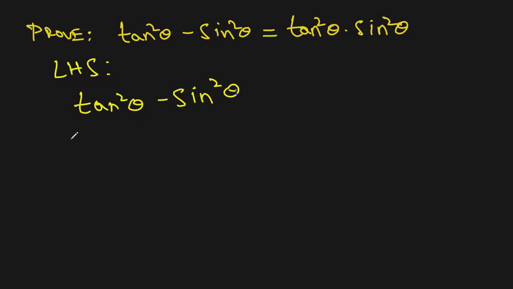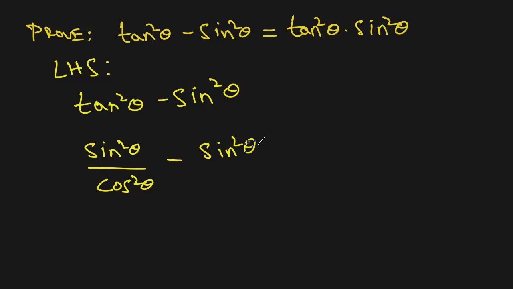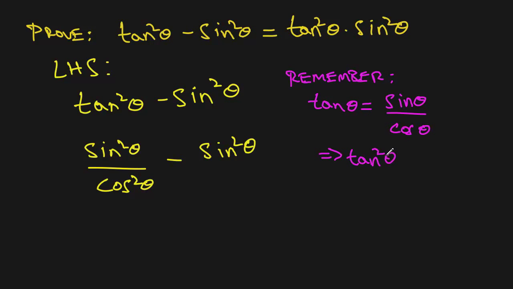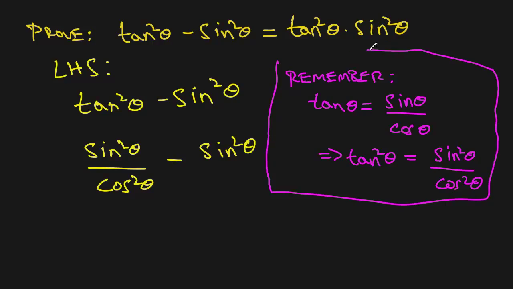Now, if you remember, tan theta is nothing but sine theta over cos theta. So tan squared theta is nothing but sine squared theta over cos squared theta. So we simply write that down here. Again, let's remember, tan theta is nothing but sine theta over cos theta, right? So tan squared theta is sine squared theta over cos squared theta. It's as simple as that. So now let's get back to the problem. Just remember these basic